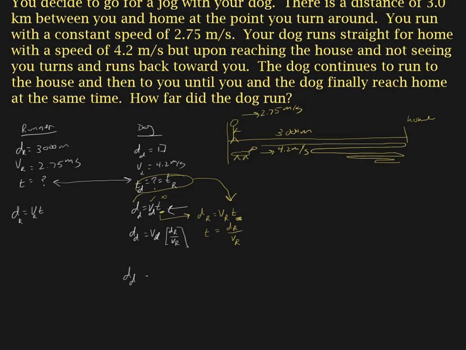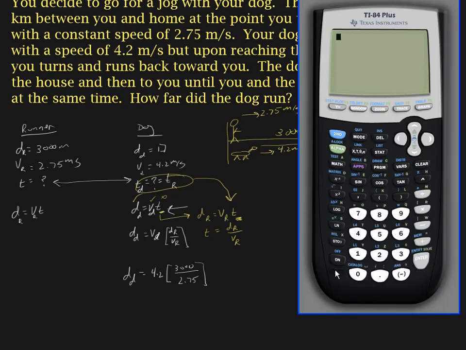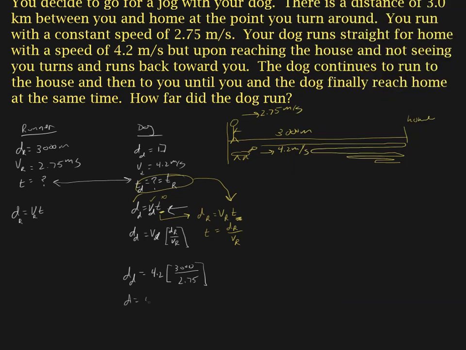So d of the dog is equal to 4.2 times the quantity 3,000 divided by 2.75. So let's compute our answer, and we get 4.2 times 3,000 divided by 2.75, and that's going to be equal to 4,581 meters,